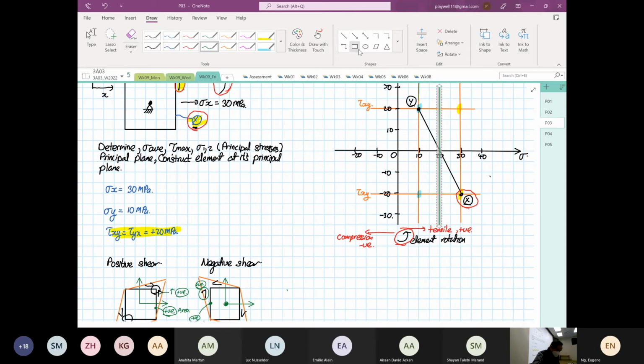And this corresponds to our average stress, or the center of the circle, O. I call this O. The center of the circle